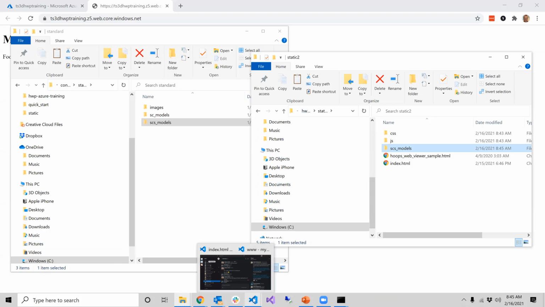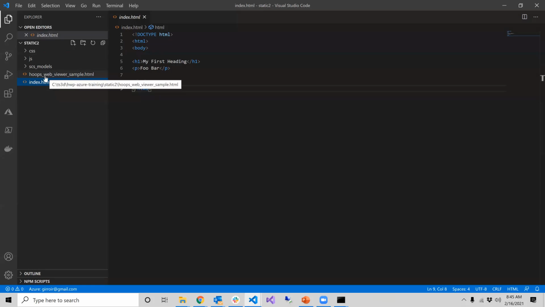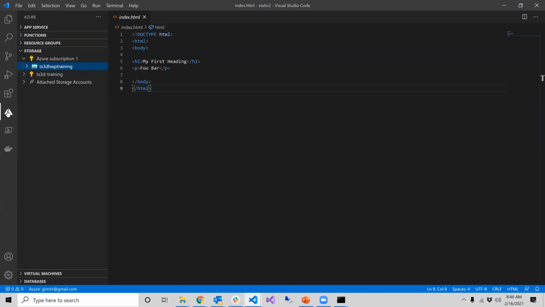If I go back to Visual Studio Code, you'll now see that all gets populated here. It's right next to index.html. We can rename it if we wanted to. Our SCS files are there, our JavaScript files are there. We don't have a web server set up within Visual Studio Code right now, and I could show you that running locally, but let's just try to push this